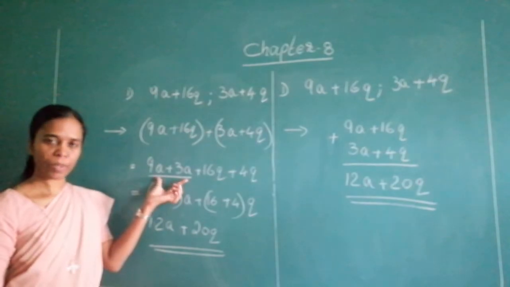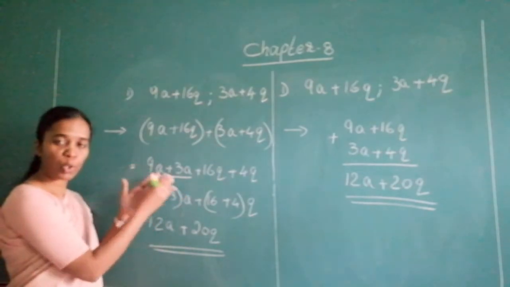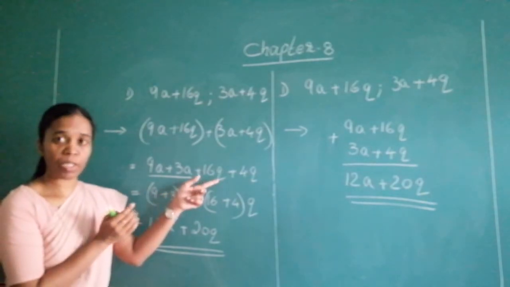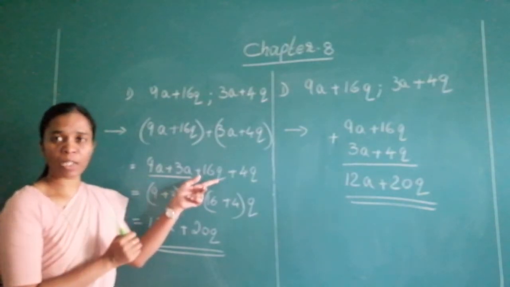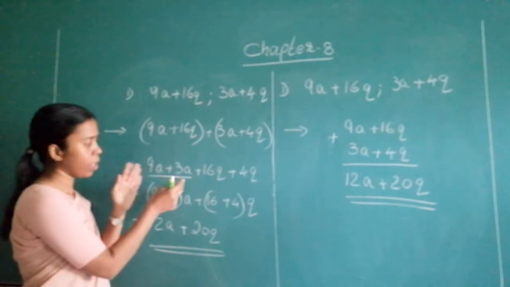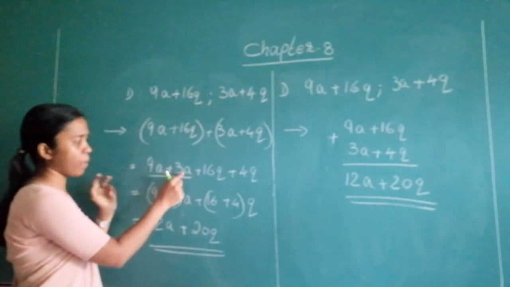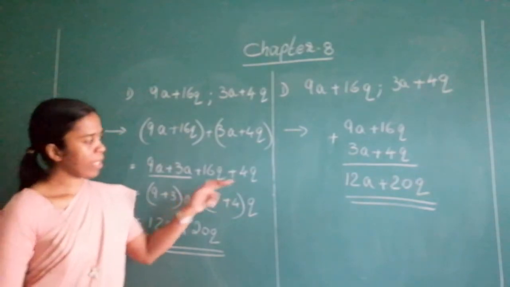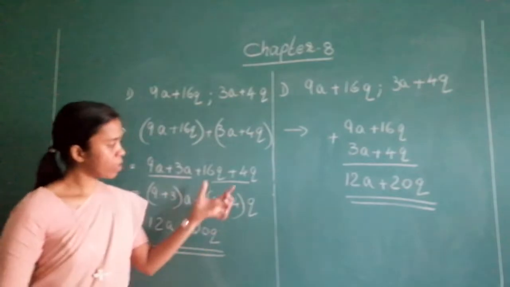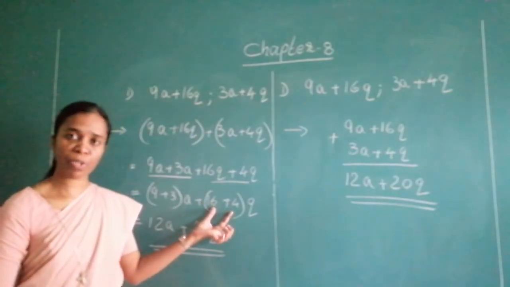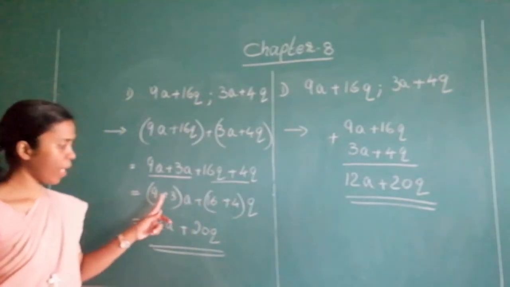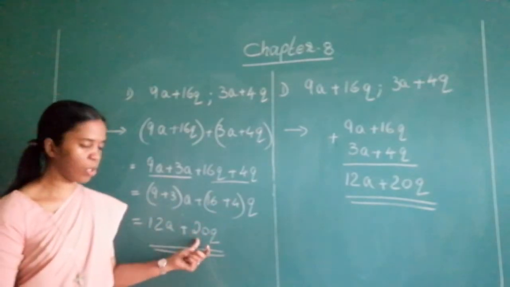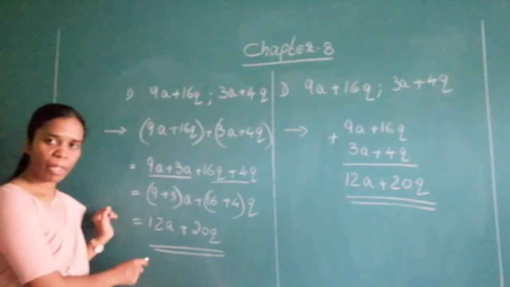Now if you look at only this much, 9a plus 3a, we have already done how to add them. This is like I have 9 apples and 3 apples. So together how many apples do I have? 12 apples. This is q. This may be pear or guavas or something else, so I cannot add them along with apples. I can put apples together. So I add the coefficients and put the variable. Again, since these are like terms, I add the coefficients and put the variable. So 9 plus 3, I have 12a, plus 16 plus 4, 20q. This will be my answer.